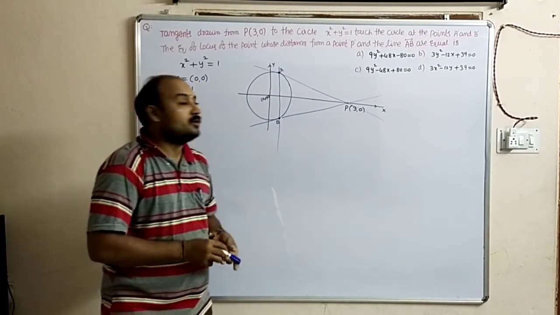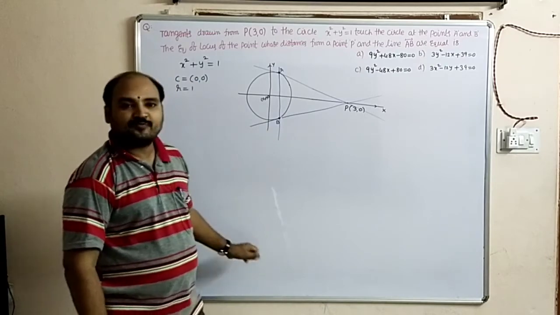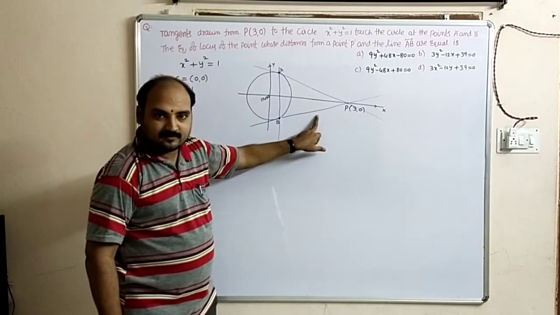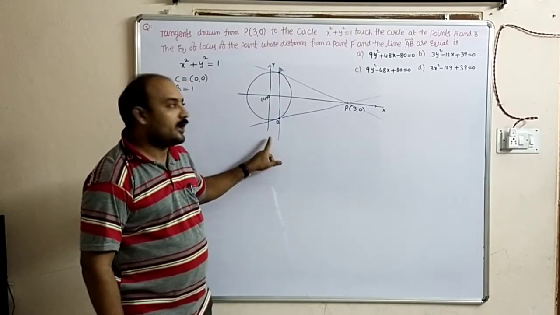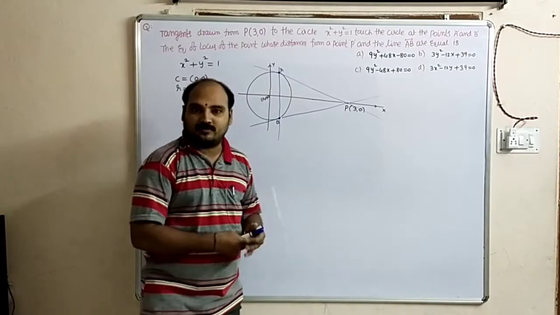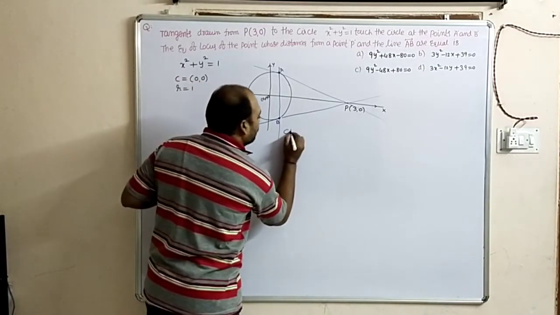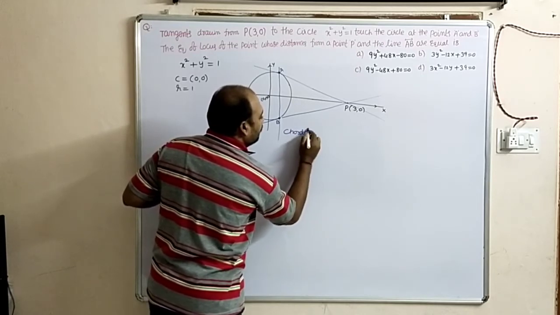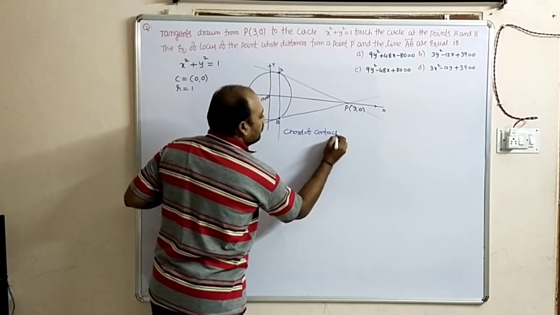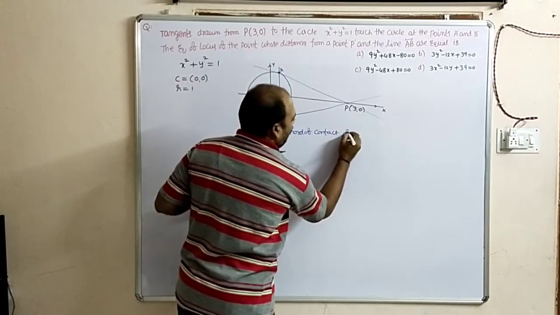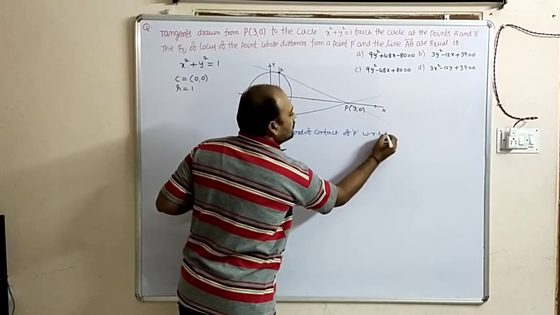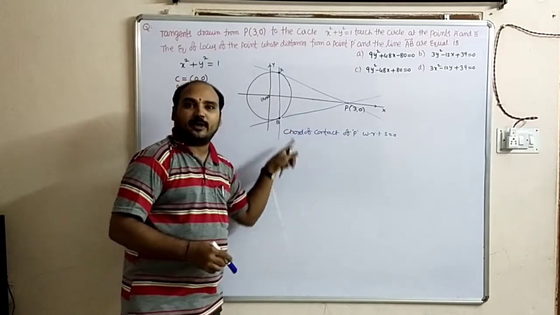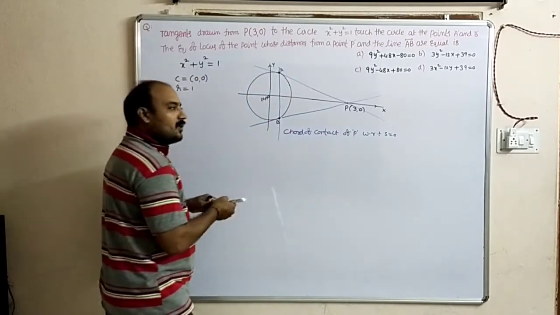Here, we have to know the definition of this line. The line joining the points of contact of two tangents is called the chord of contact of the circle with respect to this point. See here, this is called the chord of contact. The chord of contact of P with respect to the circle S equal to 0. You have to know this concept. You remember that chord of contact. What is the formula for the chord of contact?